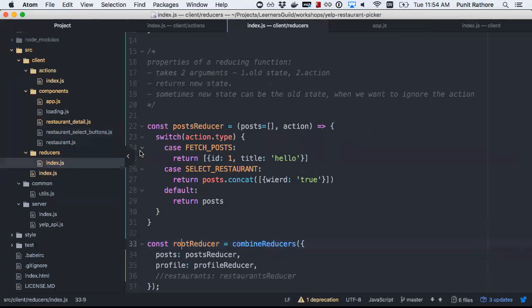Reducer functions, actions, action creators. I have a question, Puneet. Mm-hmm. When you